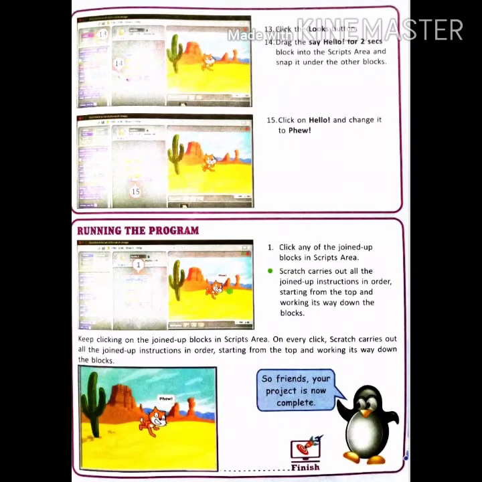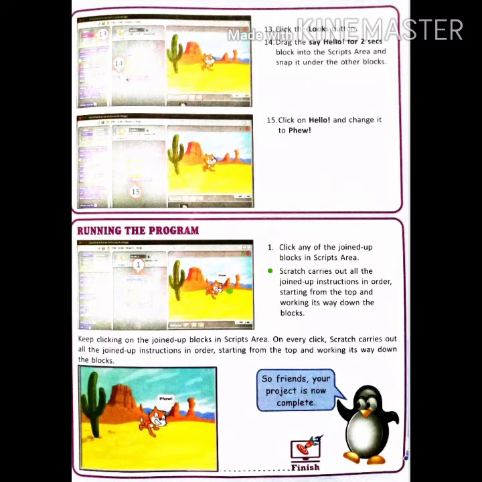Thirteenth, click the Looks button. Fourteenth, drag the Say Hello for 2 seconds block into the Scripts area and snap it under the other blocks. Fifteenth, click on Hello and change it to Pew. Running the program. First, click any of the joined up blocks in the Scripts area.